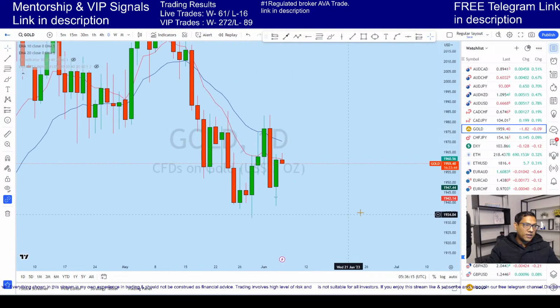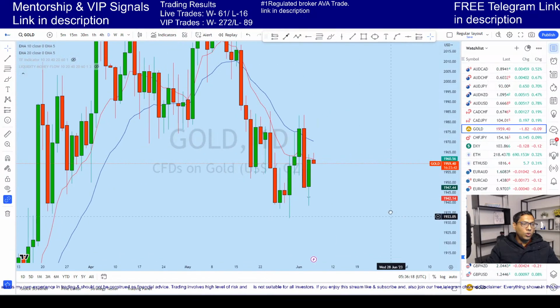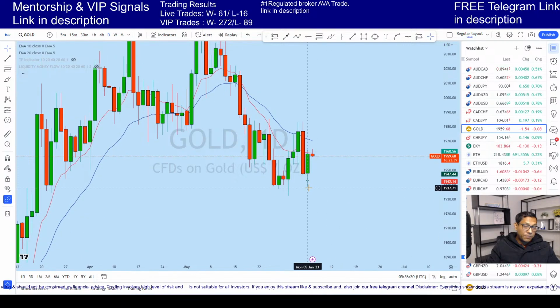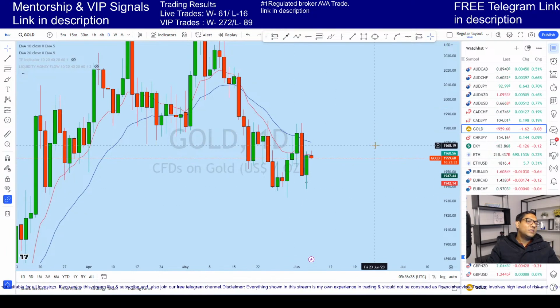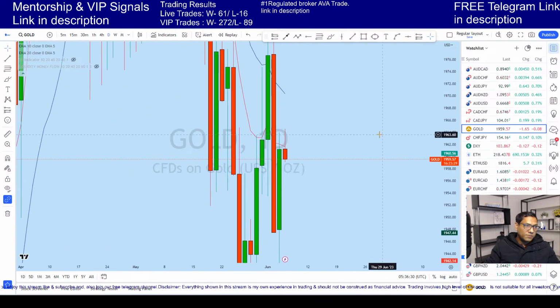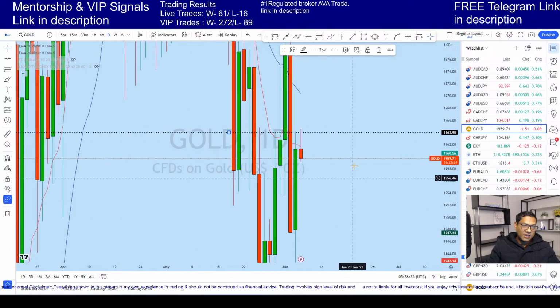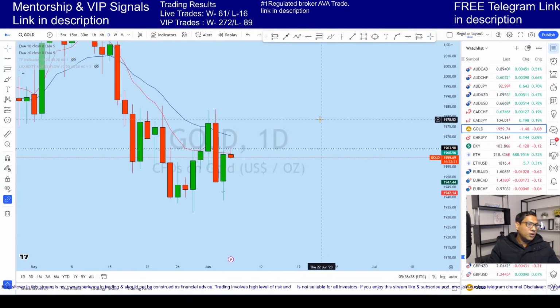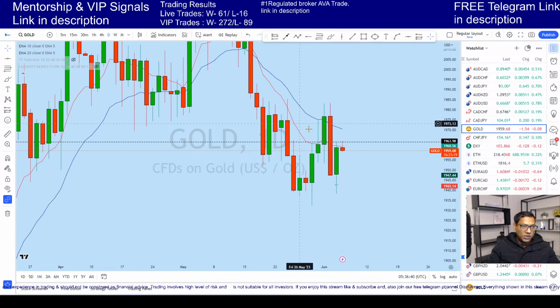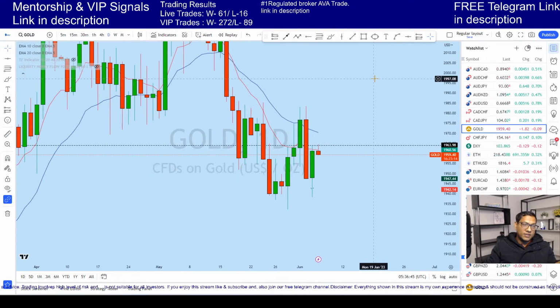Now if we look at the daily chart on gold, the previous day's candle had a rejection from the support zone, and we took that move when it happened. Once the market opened today, the price has just broken the daily high, and now we see a red candle being formed. It's crucially important to see what it is trying to do. Is it trying to break down, or is it trying to go up again? We'll look at that later to see from a multi-time frame perspective which way we can expect gold to head later today.